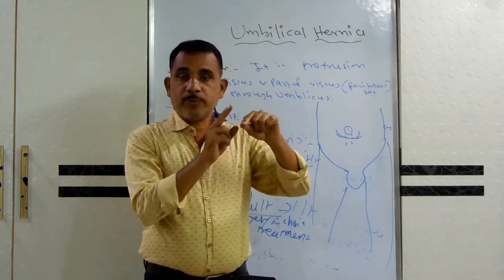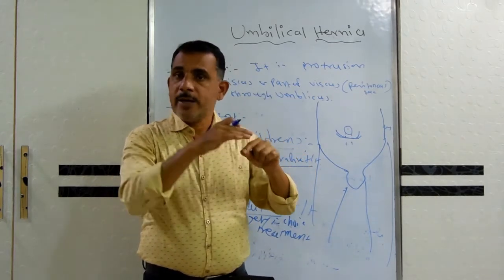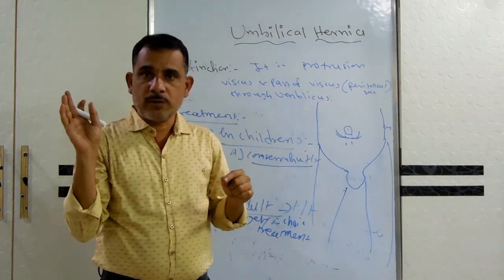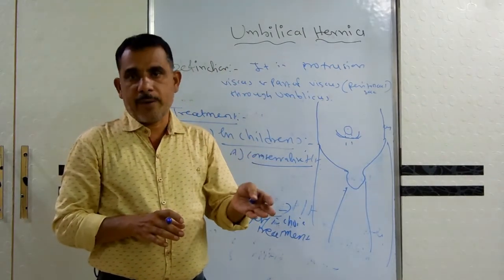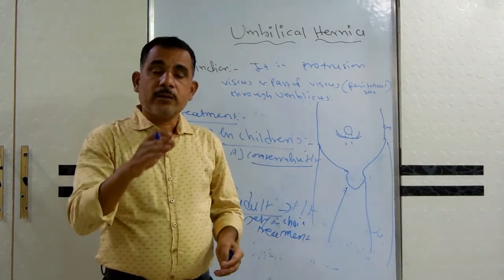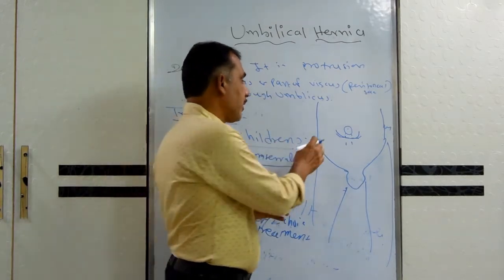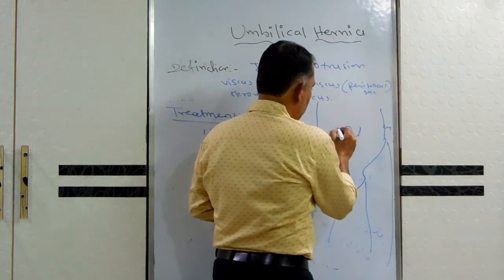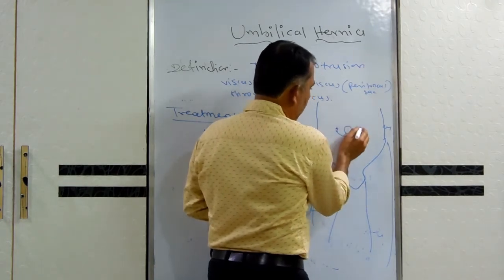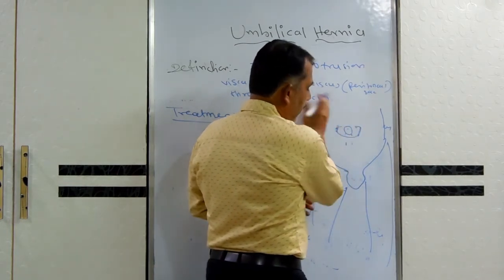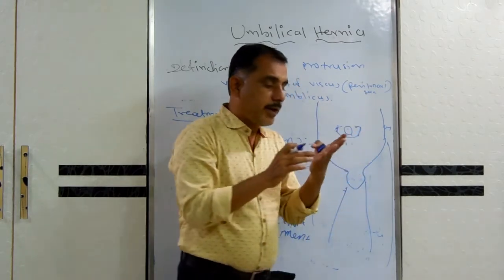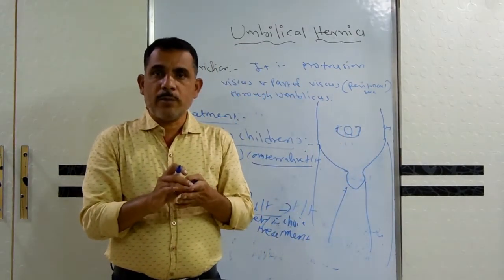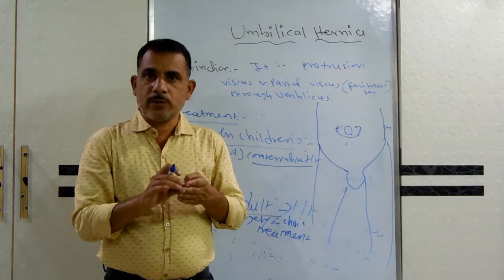After transfixion of the sac at the neck, the sac should be excised, dissected out, and the remaining should be pushed through the gap. And after that, the gap should be repaired. After taking the elliptical incision, this whole scar is removed there. And then find out the gap. The repair of the gap should be carried out by the mattress suture.